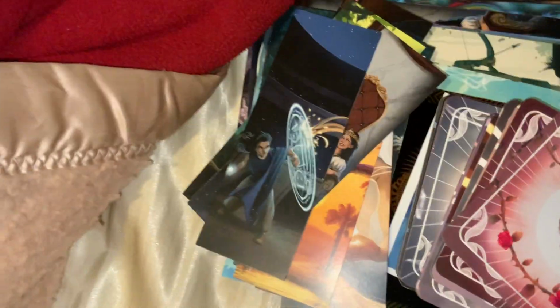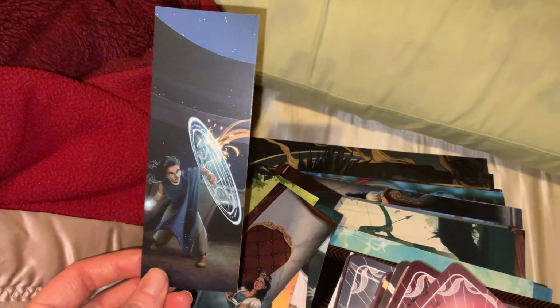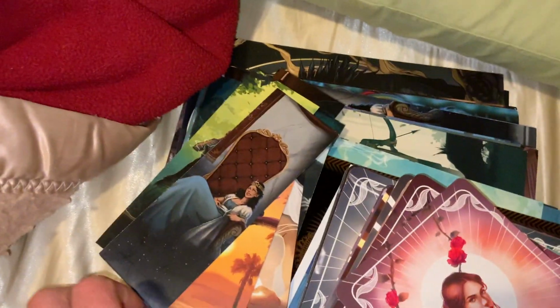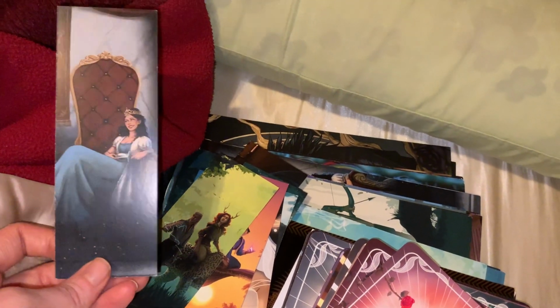But these are the special bookmarks, and they're only available through the Fairyloot boxes. They're based off the art prints for each month. So this is our August bookmark, and the only way to get these bookmarks is through buying the Fairyloot subscription. Then we got July,